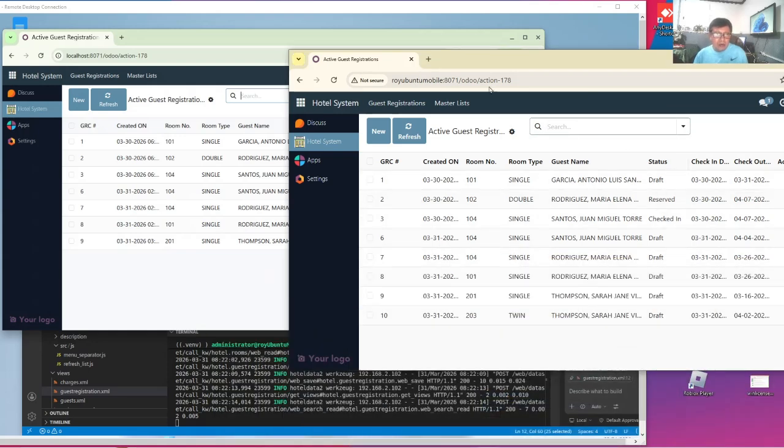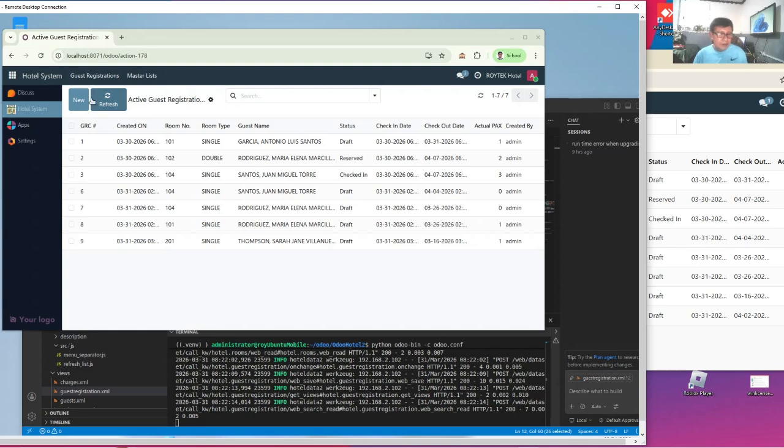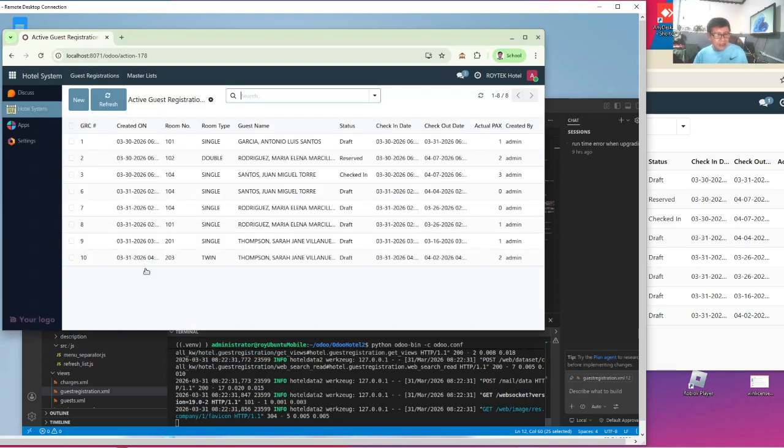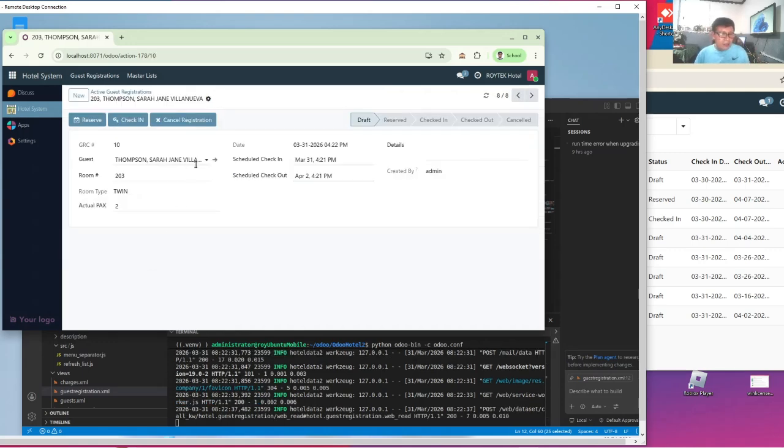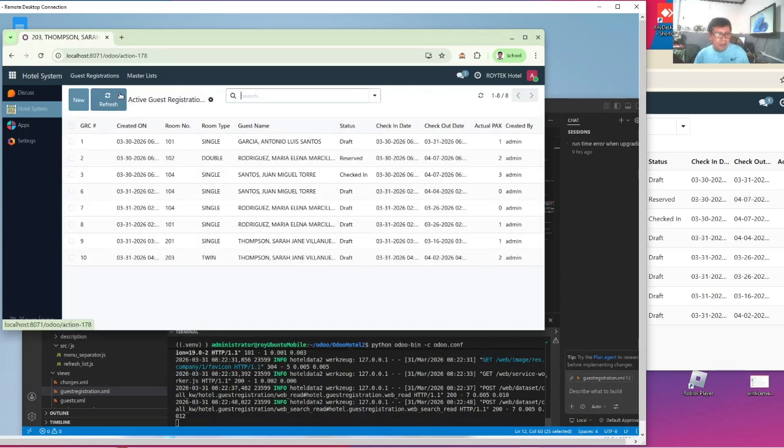So the user there must from time to time click the refresh, and there he sees the registration created by the manager at the back. He can look at it, he will know that this is the guest, and it will be occupying room 203, and it's created by a particular user. So this is a very useful facility, especially when several users are working on the same system, creating registrations, receiving payments, checking out guests, and so on and so forth.